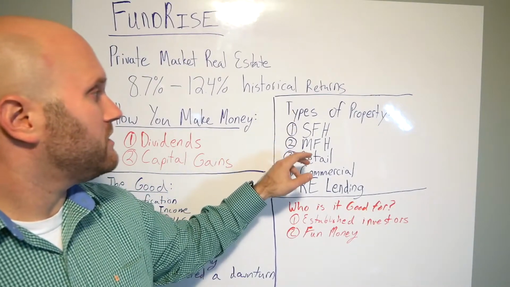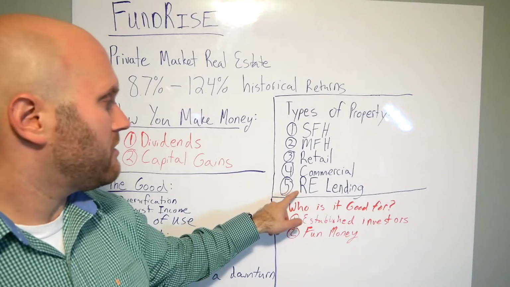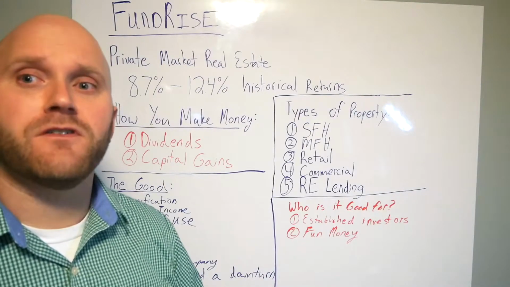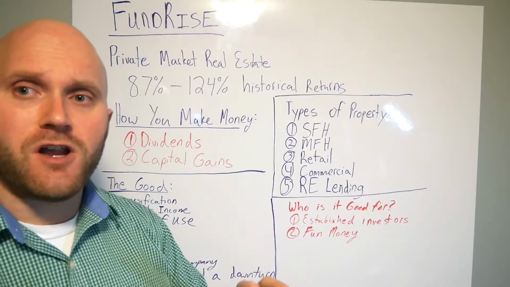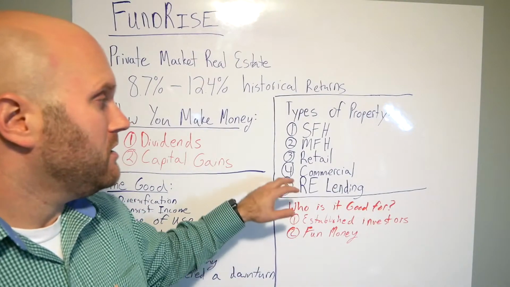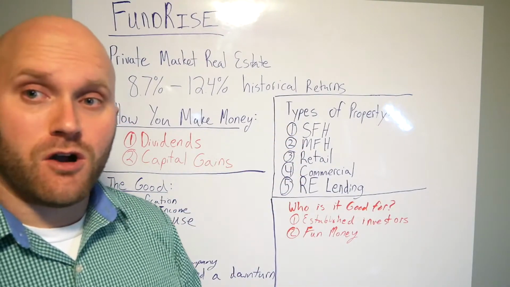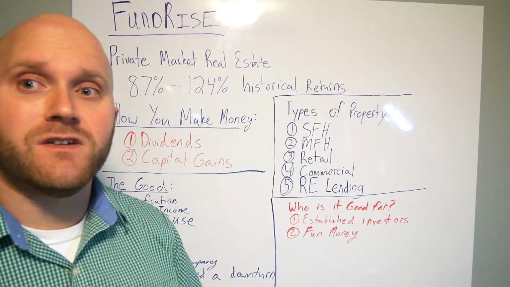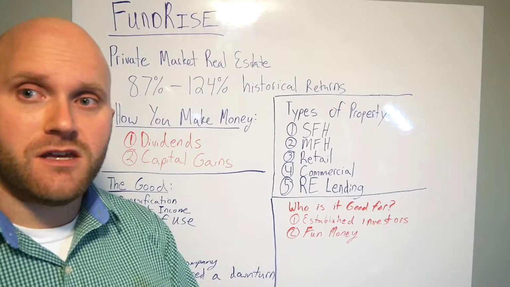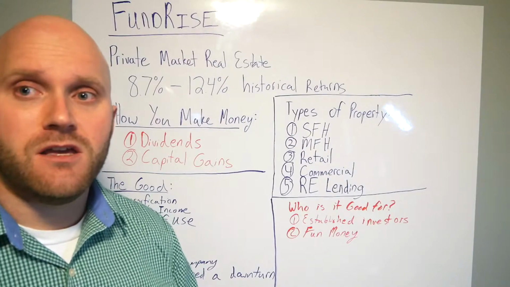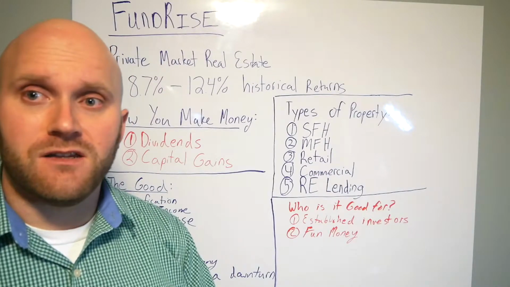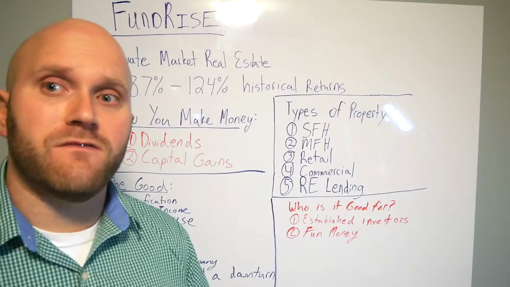So the types of property you'll see in Fundrise. First we'll jump down here to number 5, real estate lending. That's when they take a pool of funds from a lot of different individuals, send that out and fund a project for some other investor or developer. So they're not actually acquiring the property. They also go out and acquire properties with your funds, and they do whatever they feel is best for the investors. As the markets shift and they find different ways to make money, they're going to do whatever they feel is best. So you'll see their investment objectives shift throughout the year, because you can go on your dashboard and see what they're investing in.